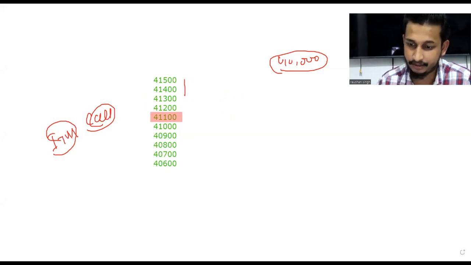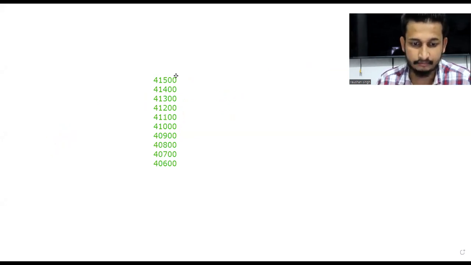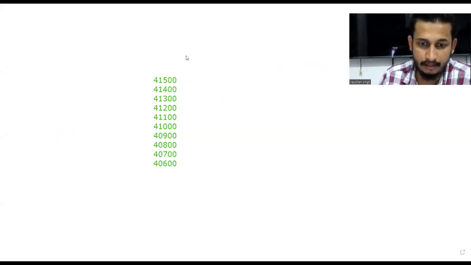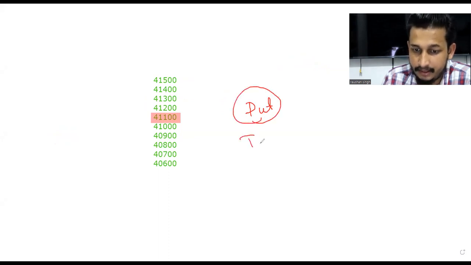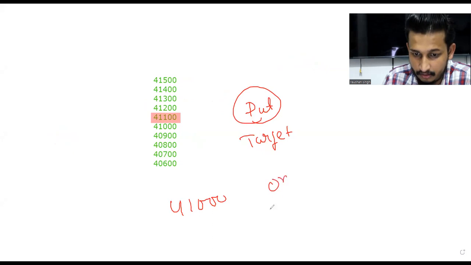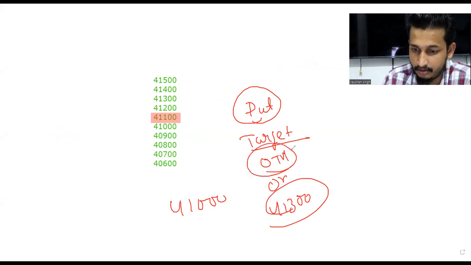Now if you can recall, do not worry, I'll make you understand, like before I end the session you will understand, do not worry on that. Now let's imagine Bank Nifty is at 41,100. For put options, what will be the target price? कौन सा टारगेट प्राइस होगा पुट ऑप्शंस के लिए? टारगेट प्राइस होगा 41,000 और 41,300। टारगेट एज इन की ओटीएम कौन सा होगा इसके लिए, 41,000 या फिर 41,300? हाउ कम ऋषि 41,300? ये तो ऑलरेडी अचीव कर चुका है ना।